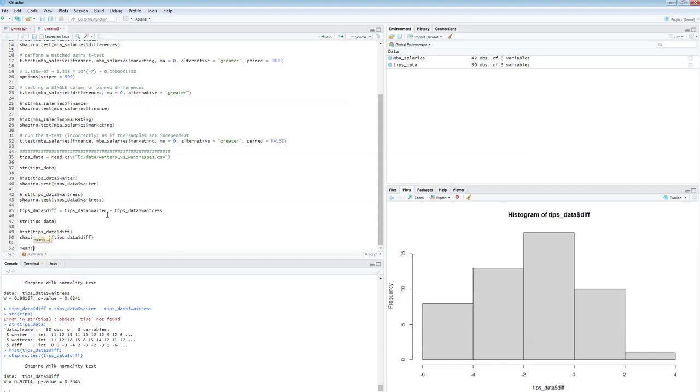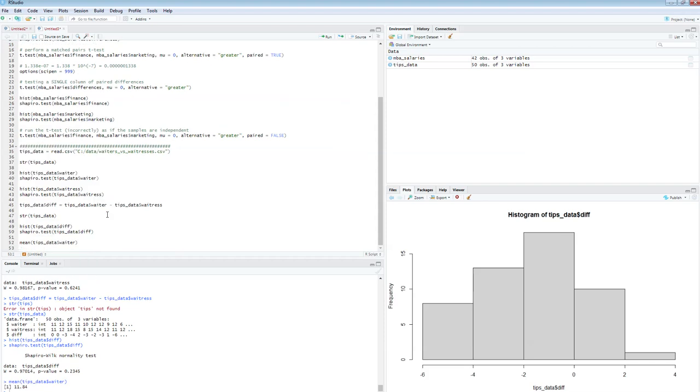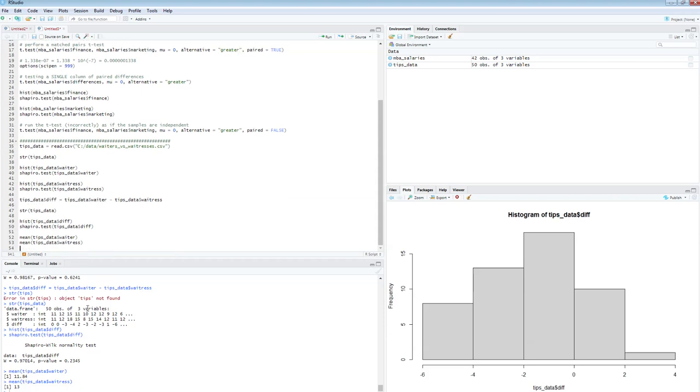Mean for the tips data waiter: I can see that waiters are on average paid, in my sample at least, 18.84%. How about waitresses? Mean for tips data waitress, 13%. Well, seems like waitresses, girls, are being paid more, right? But I don't know if this difference is big enough for me to claim really that they're not the same,